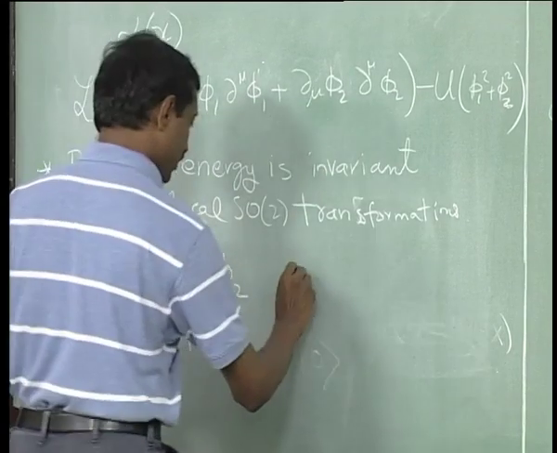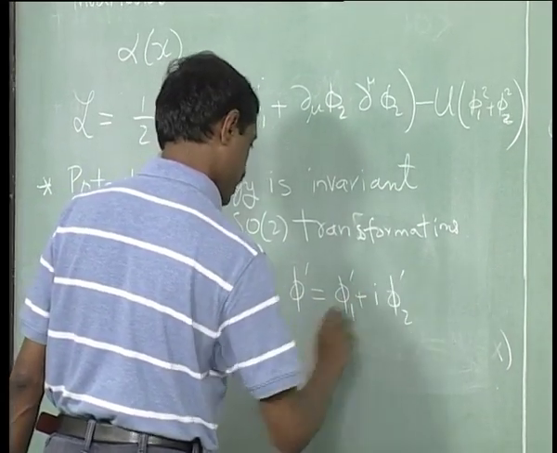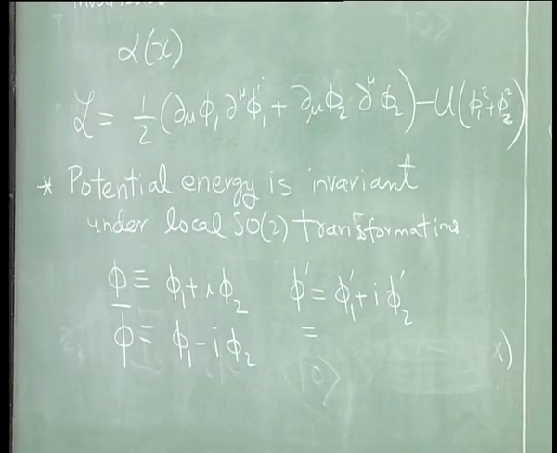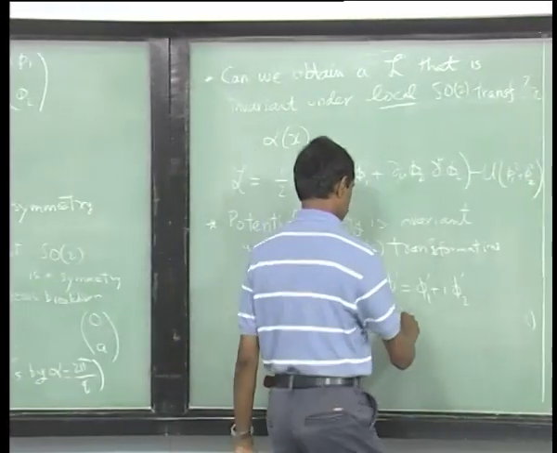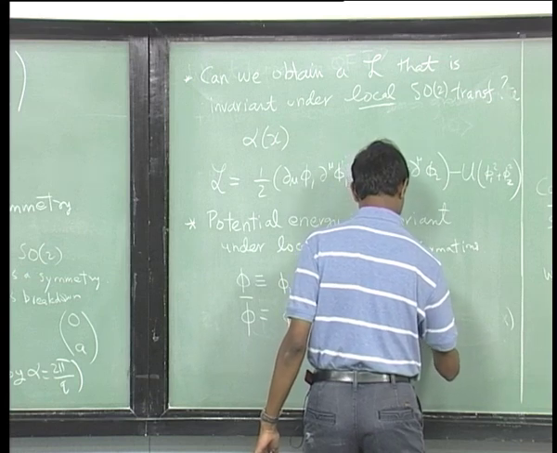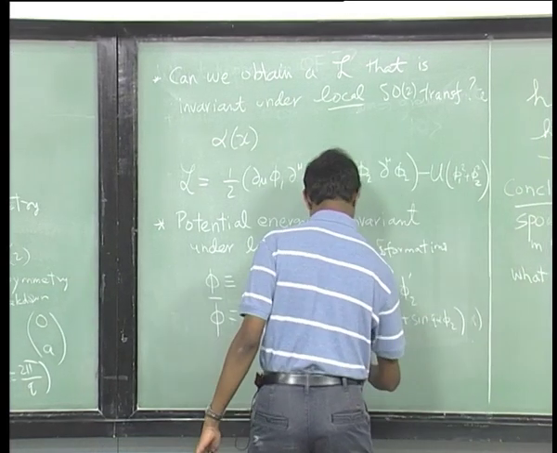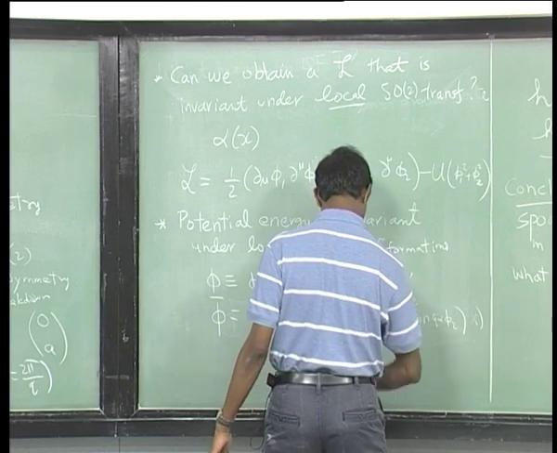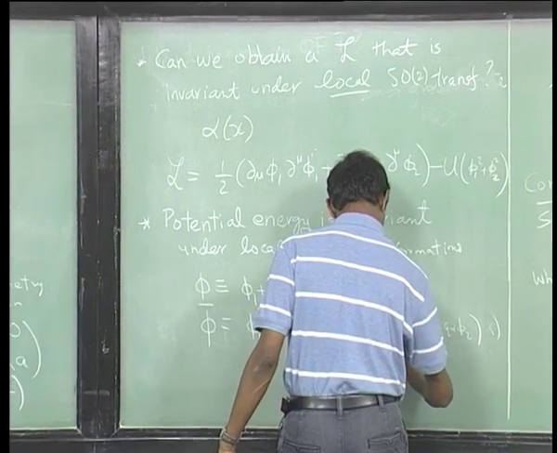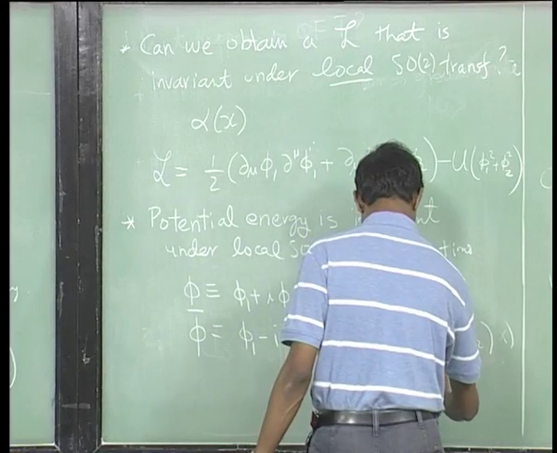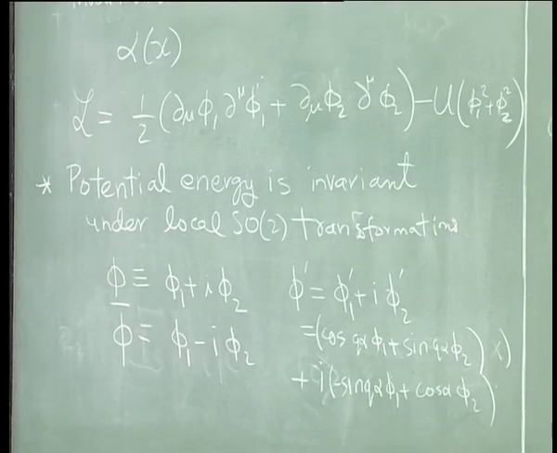So you can see that phi prime would be phi 1 prime plus i phi 2 prime, and we put things together, so that phi 1 prime is cosine alpha phi 1 plus sine alpha phi 2, plus i times